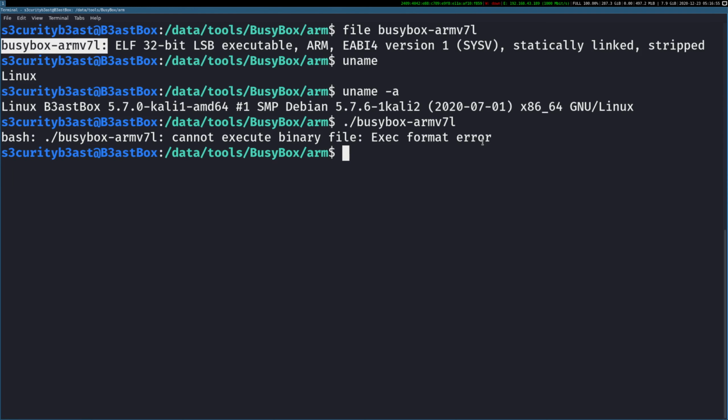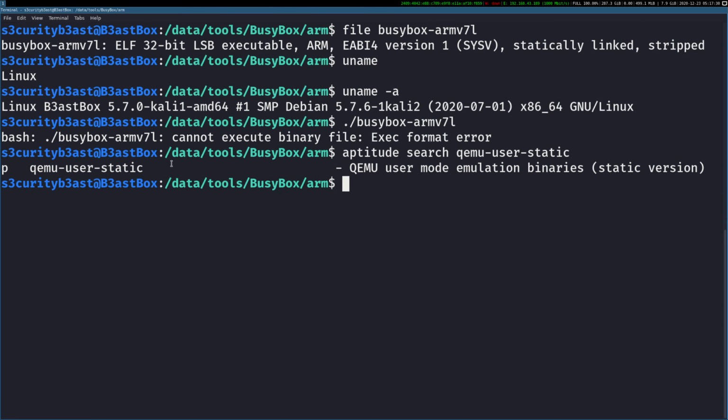Now, QEMU is an excellent thing which is available in Linux, and it is the reason that I love Linux for pen testing embedded devices. So we will see now how to install QEMU, and with the help of QEMU, how to run this ARM binary. Let's search. I don't use apt-get, I love aptitude. qemu-user-static.